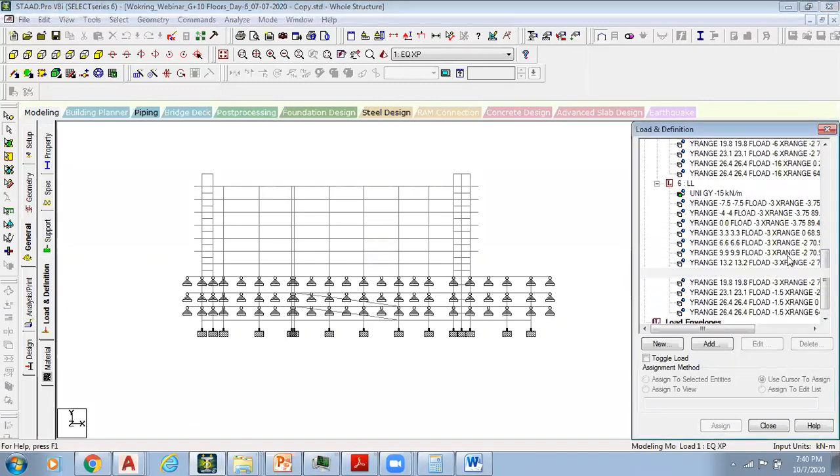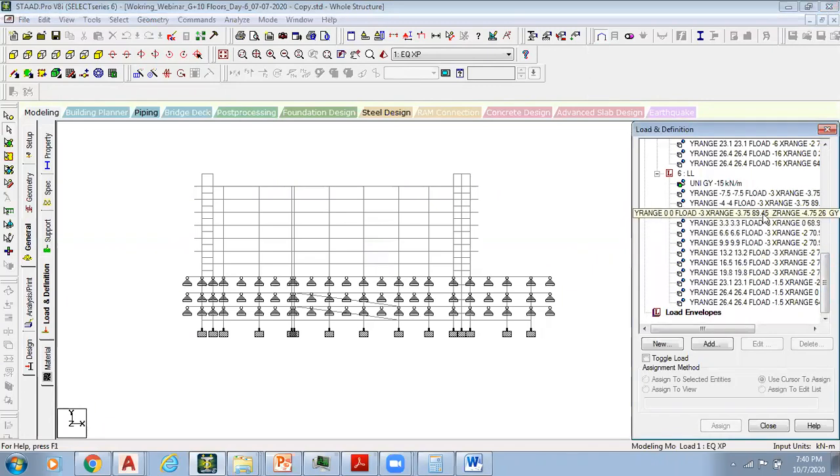We also have added these live loads. We know that live load in a commercial building or for commercial floors is 3 kilonewton per square meter, which is also assigned to the basements, the terrace floors and the other remaining typical floors. In addition, live load on terrace slabs, which are inaccessible, is 1.5 kilonewton per square meter, which is what we have added to these floors also.